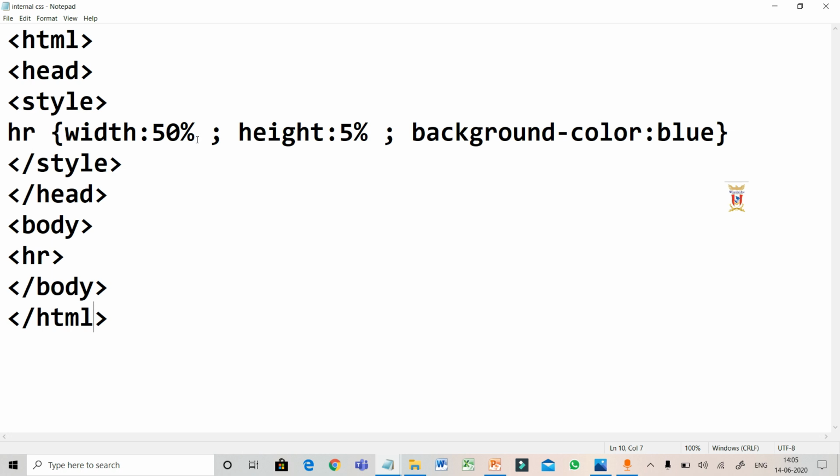The width of HR is 50%, the height will be 5%, and the background color will be blue. So I'm closing my style here, then closing the head, then body. As I have mentioned that the selector is HR, I have to use that HR inside the body. So I am writing HR here, then closing my body tag and HTML. Now let's run the program.